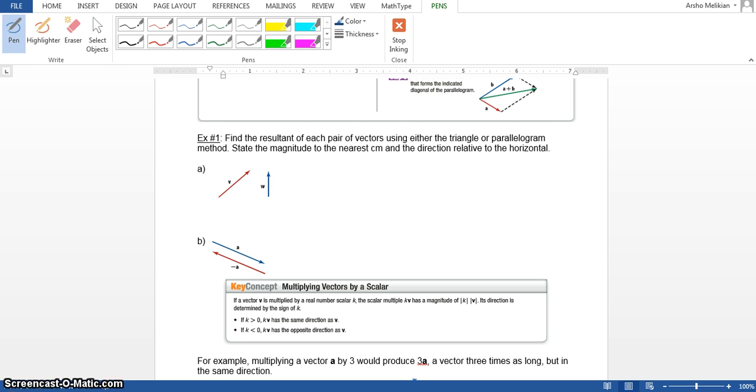Here it says find the resultant of each pair of vectors using either the triangle or parallelogram method. You want to state the magnitude to the nearest centimeter and the direction relative to the horizontal. So for this, you're going to have to use a ruler and a protractor. I don't have one. Okay. For homework, you have to use it. I will bring some for the test, but for the homework, you have to use your own. All right. What you're going to do here, you have V and W. You put the tail of the second at the tip of the first. Okay, so we're going to reproduce